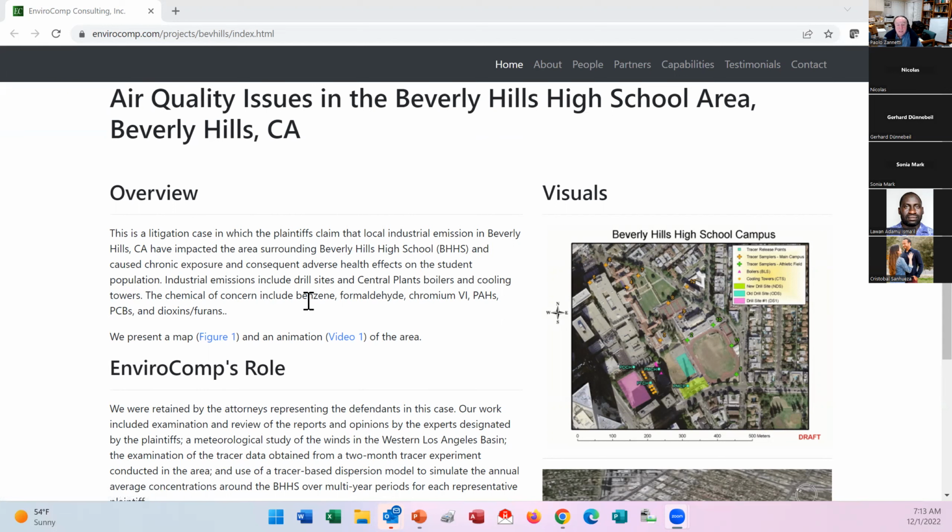Especially benzene is quite common and quite high. So we had to discriminate from what was inhaled due to emissions from the extraction facility